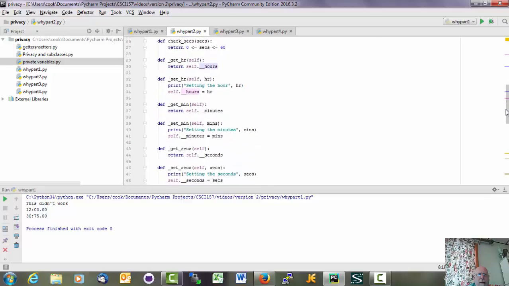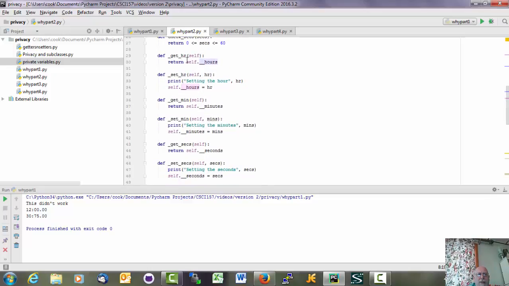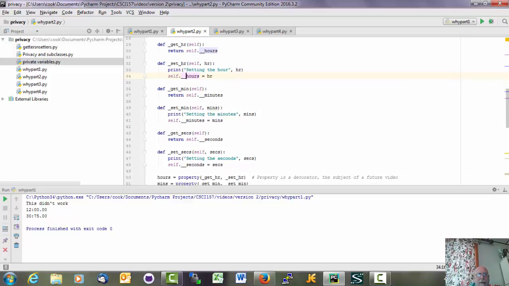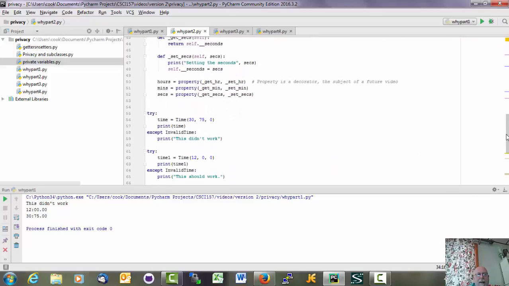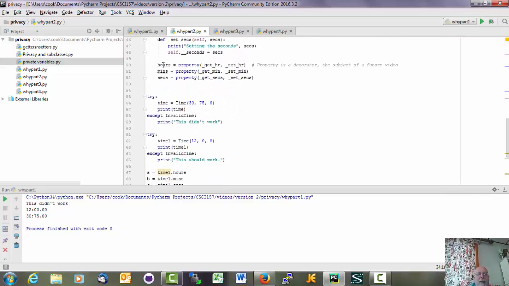And now I'm running the getters and setters. So I'm getting the hour. I'm setting the hours. Here I have a little print command that says I'm setting the hour. I'm getting the minutes, setting the minutes, getting seconds, setting seconds, etc. And then I'm defining hours, minutes, seconds with these getters and setters. And we have these decorators